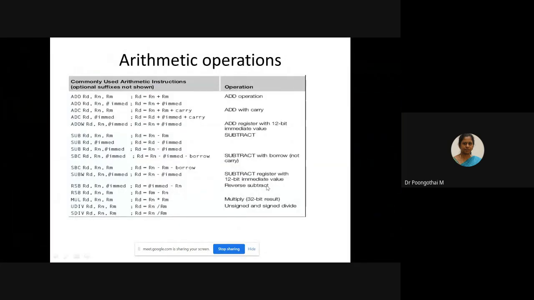So next we are going to see how to handle the signed and unsigned arithmetic operations. First I will explain all the instruction syntax for arithmetic operation. After that we will do the experiment. So the first instructions are addition, and next subtraction and reverse subtraction, and we have multiplication, and under the division category we have unsigned division and signed division.